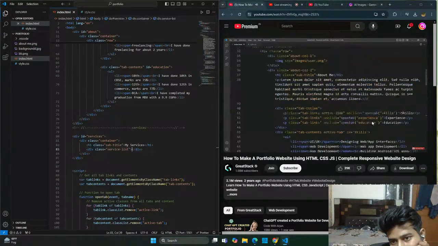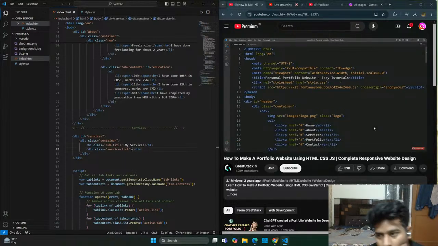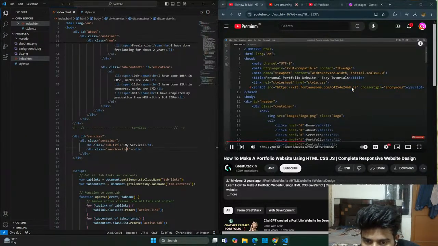Let me come back to the HTML file and add it just before this closing head tag. So I have added this font awesome kit script here. You just add your